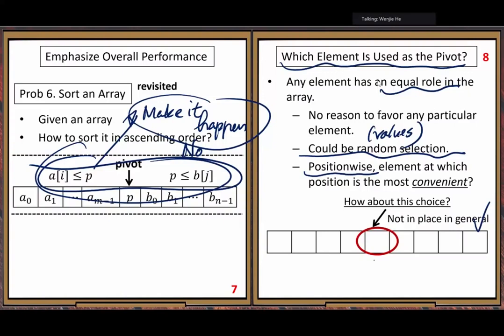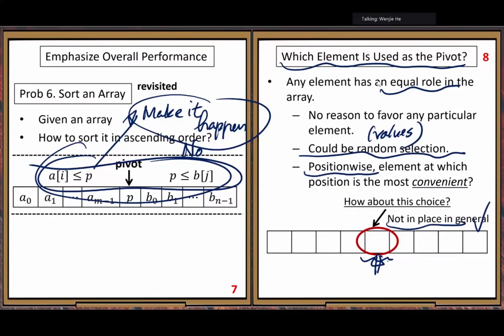Definitely, when you consider an arbitrary location in the array, the element in that position, in general, is not in place. So if you make this your pivot, eventually you need to move this element, change it, move it to a different location.